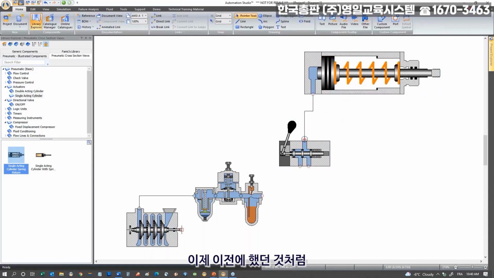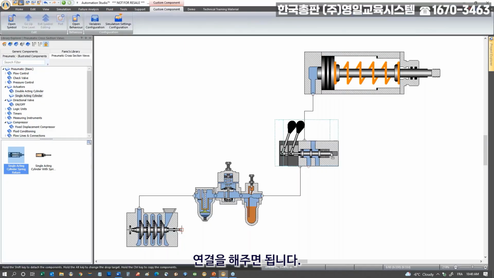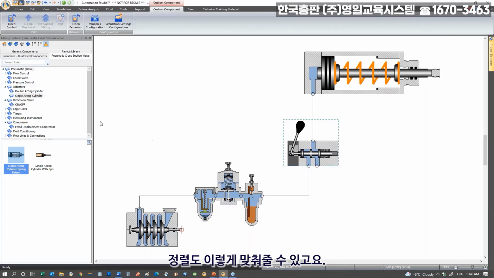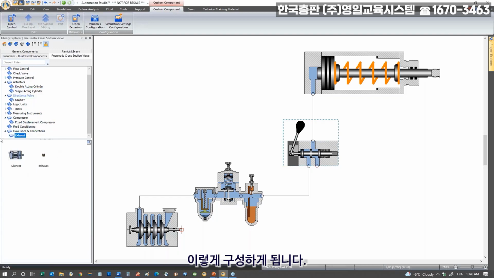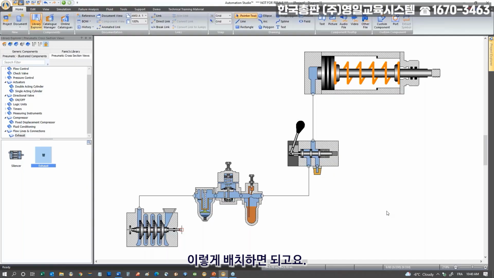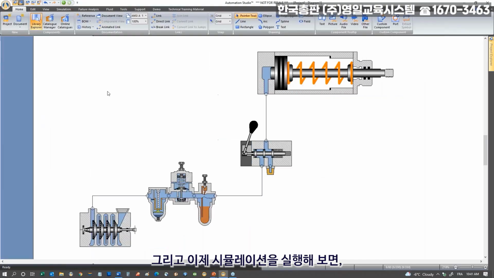So I can just make my connections like we did before. I can just align that like this, and then I'm gonna take an exhaust. Okay, so it's gonna be into flow and lines, exhaust. This, you see, it's in work in progress. The order is not even like how it should be, okay? So it's gonna be all adjusted. I can go like this. And now if I simulate,